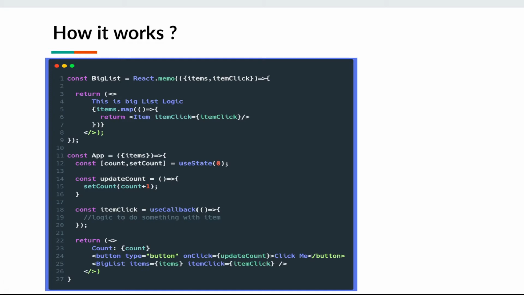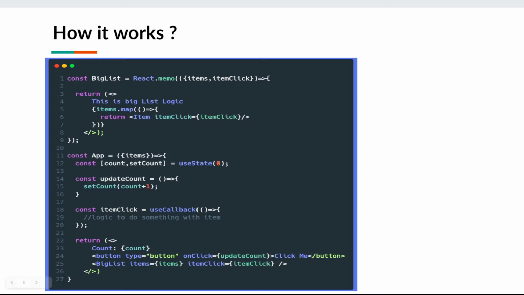And now let's go to the BigList component. You can see that I have already used React.memo, right? And in React.memo, I am passing items and itemClick, and I am using these values. So it is a big list. That's why I thought that I should use React.memo, and that's what it is doing.